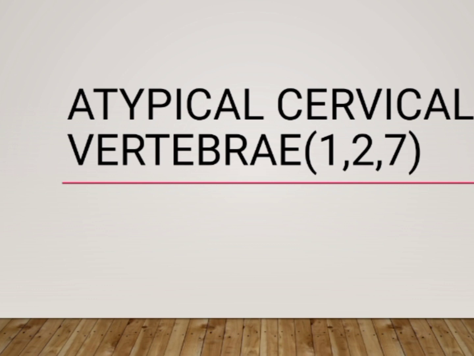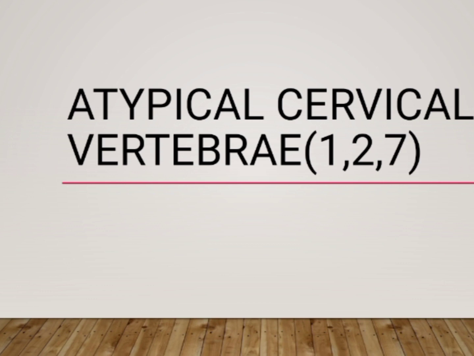Before that I will tell you something about the cervical vertebrae. There are a total of 7 cervical vertebrae in the vertebral column, from 1 to 7 from above downward, and they are small in size compared to the thoracic and lumbar vertebrae because they have to carry less weight. They are identified by the presence of the foramen transversarium. It is a cardinal feature. You have to identify that feature, the foramen transversarium, in all cervical vertebrae.